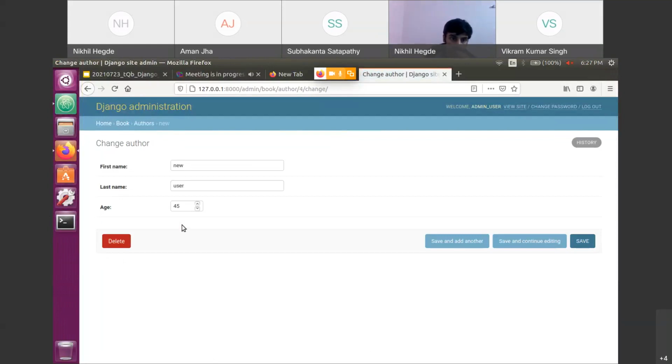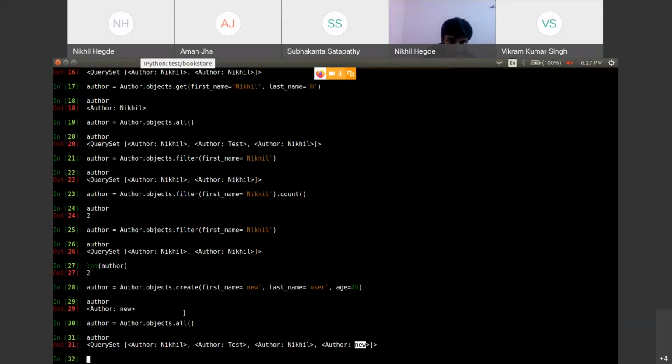At the end, both the things are similar. Here you are trying to add from the admin panel. Here you are trying to make an ORM query. But the output will be the same. That entry will get added to the database. Okay, I hope you understand this. So you can do it through the admin panel, as well as inside your command shell using an ORM query. Both the things are possible.